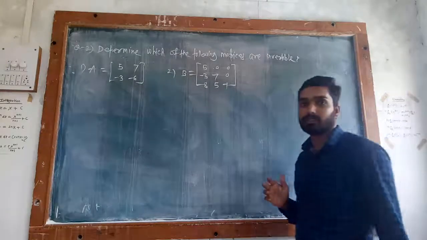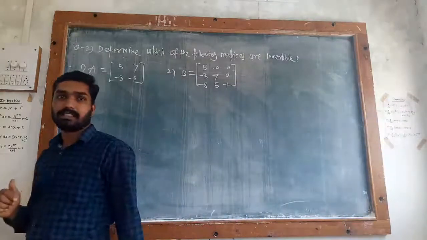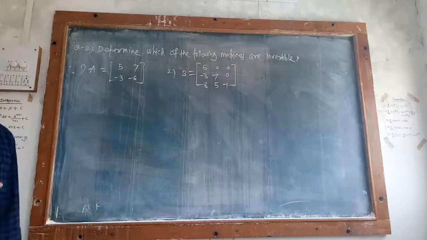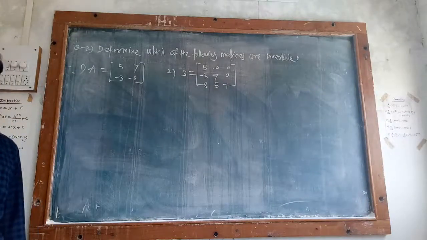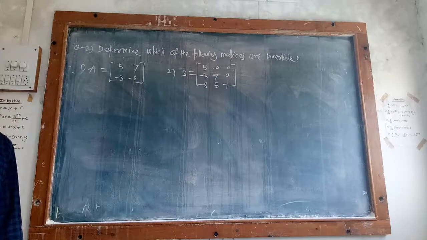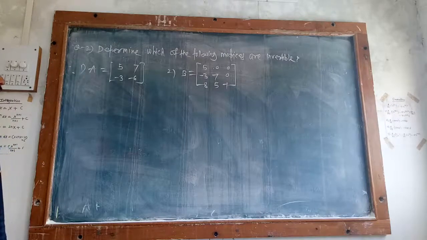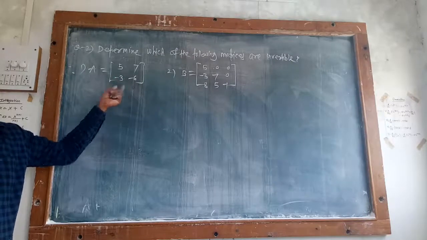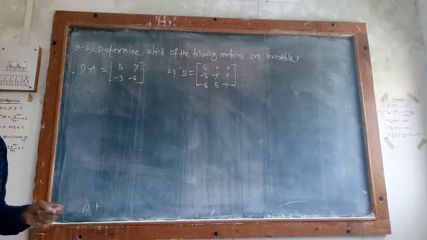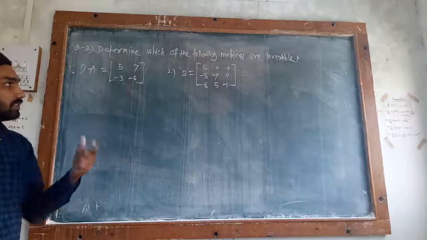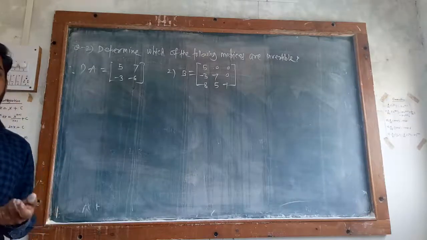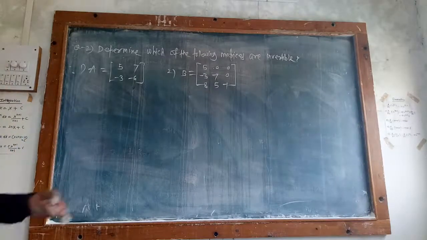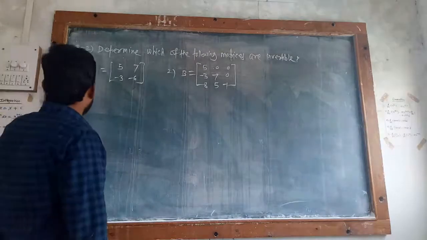Okay. So we know that matrix A is invertible if the first condition holds: the determinant of the matrix A is non-zero. By definition, if the determinant of matrix A is non-zero, then the matrix is invertible. The second condition is that matrix A is invertible if it has n pivot elements. Okay. So we are using this one. We have to check that.